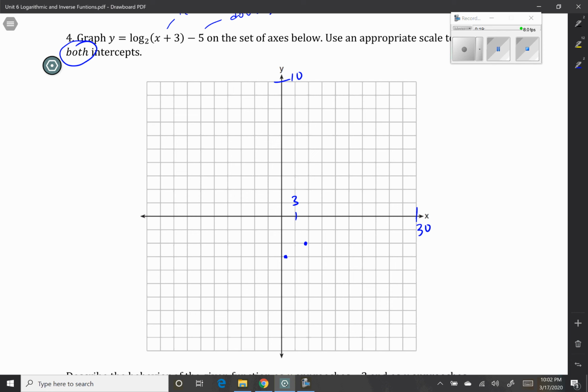13, so I have 3, 6, 9, 12. So 13 will be a little bit after that at -1. And I remember at 29, I had a y-intercept, so I'm going to have something that looks like that. Then we have to figure out, well, I kind of know what this graph looks like. So I know it's a logarithm, so I know it's going to look something like this, but I don't know